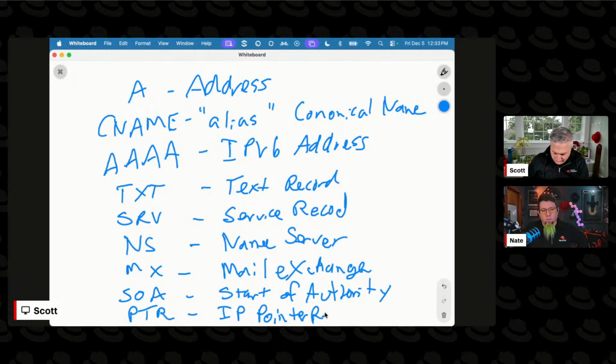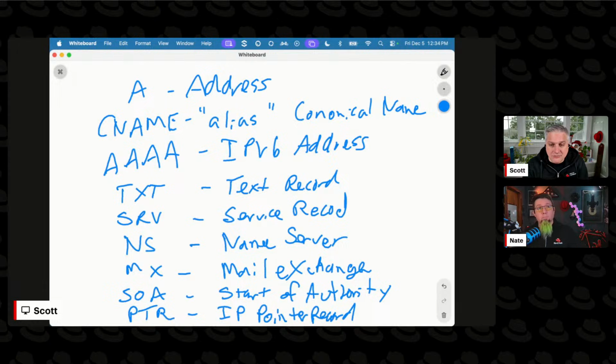You're running out of whiteboard. I hope you don't have any more you wanted to list. I think these are the big ones. And some of them are required. So, for example, when you're doing a DNS zone file, when you're defining a zone of authority that your DNS server is going to serve, you have to have a start of authority record.